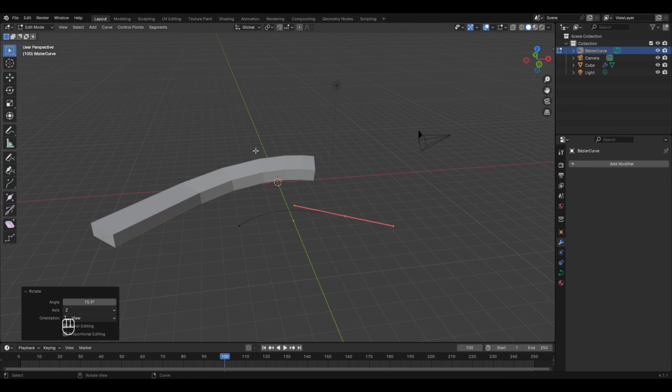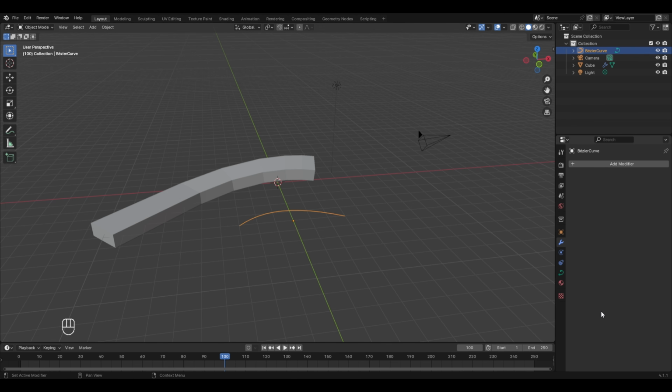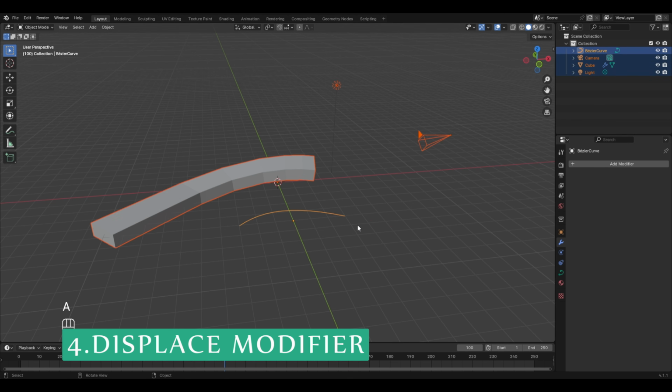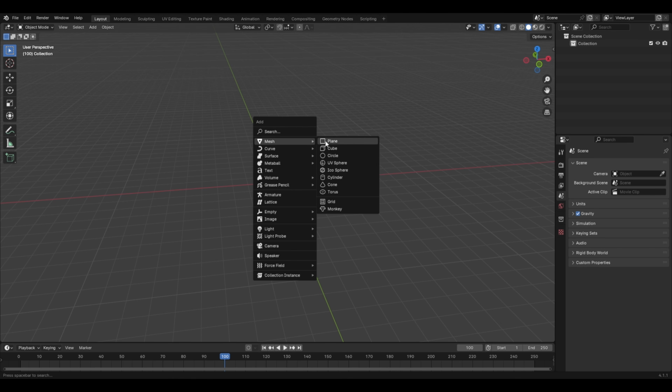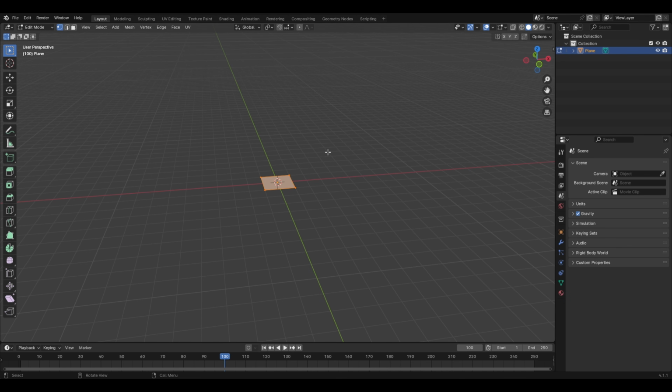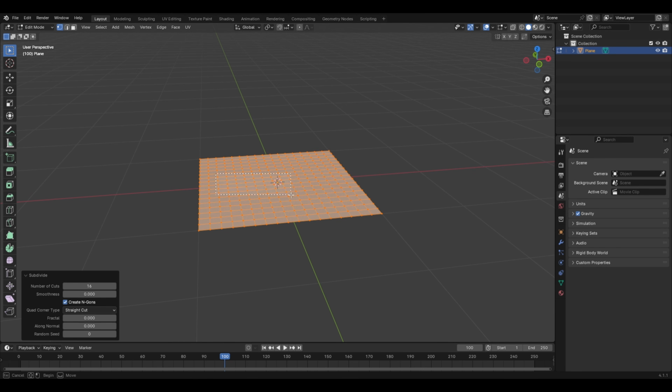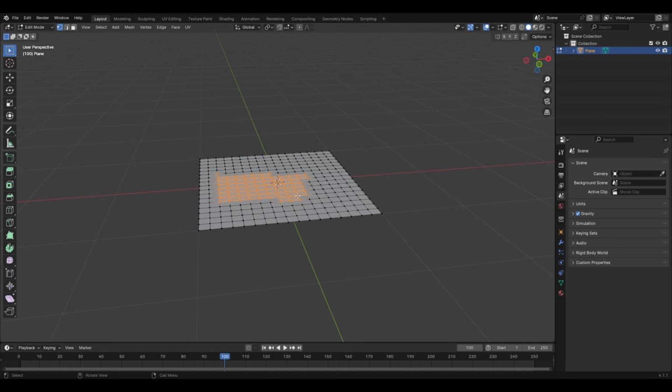So now let's tab back into the object mode, and now the next modifier to explore is the displace modifier. So press A and X to delete all, and now let's add a plane in our scene by pressing Shift plus A, and in mesh select plane. Let's tab into the edit mode and let's subdivide it and increase the number of cuts to 8 or maybe 16. Now what I'm going to do is select some random vertices, and make a